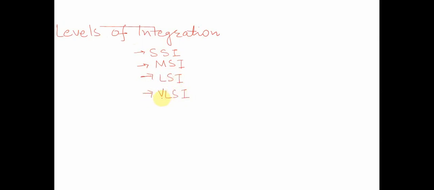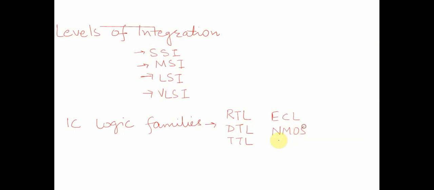The next set of things which we will be talking about in this particular lecture is IC logic families. So what all kinds of IC logic families are there? We have resistor transistor logic, diode transistor logic, we have ECL, emitter coupled logic, we have NMOS, PMOS, and CMOS logic